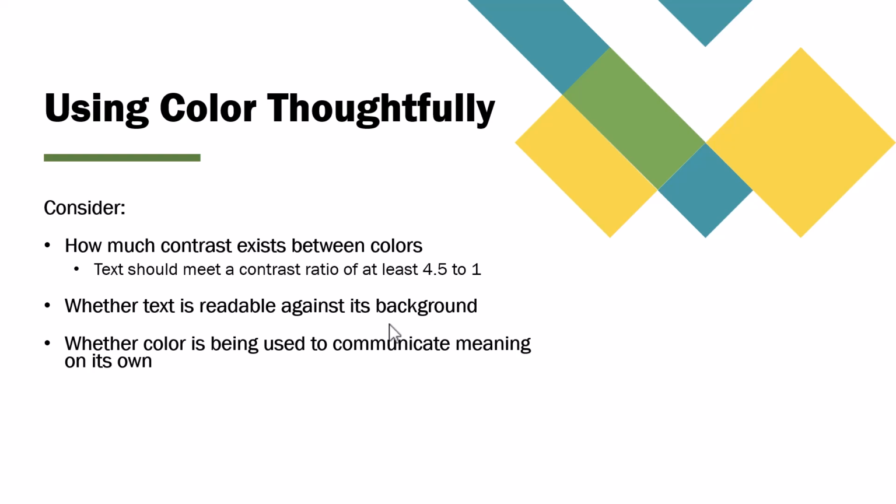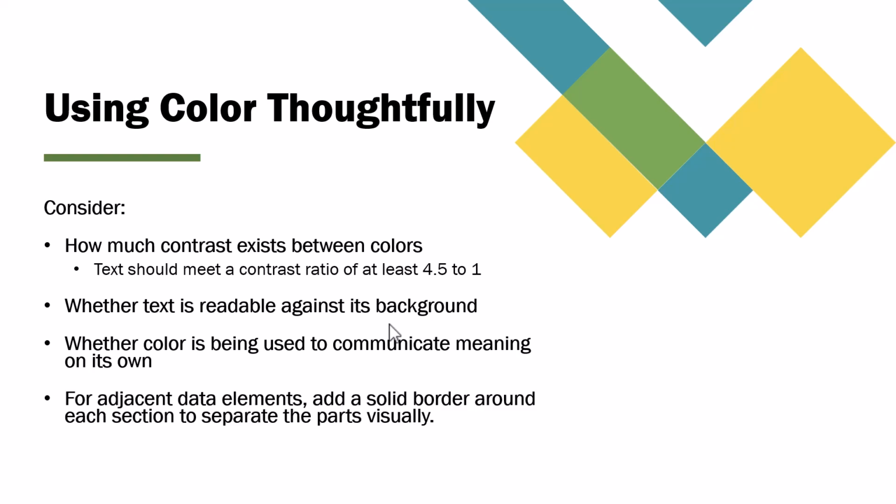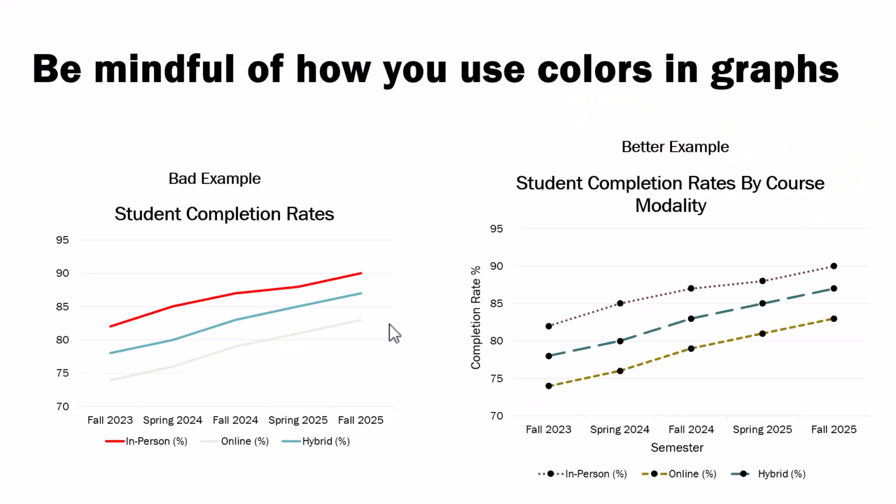You also need to consider whether color is being used to communicate meaning on its own. For adjacent data elements, such as bars in a bar chart or slices in a pie chart, adding a solid border around each section helps visually separate the parts. This creates an extra layer of distinction that doesn't rely on color alone. Contrast isn't just important for text, it also applies to the visual elements of your chart. Bars in a bar chart or segments in a pie chart should stand out clearly against the background and from